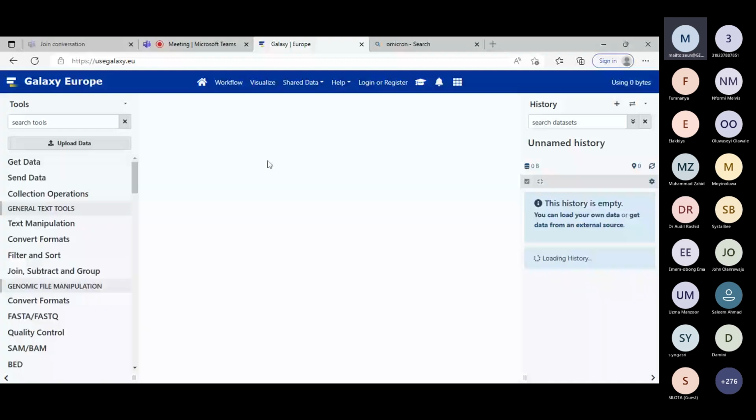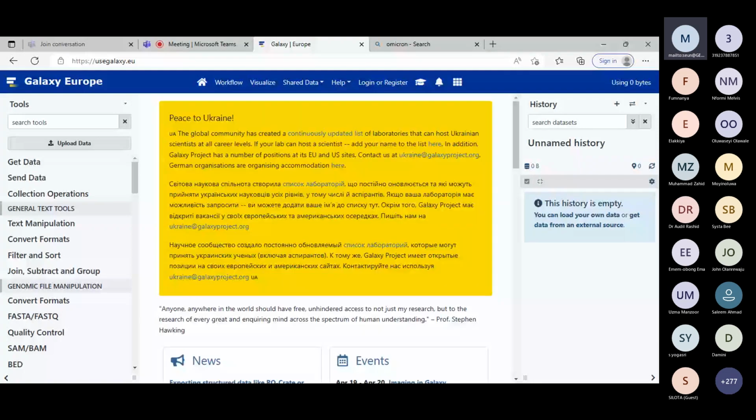Now on this particular pipeline tool, you can do a lot of different kinds of analysis. So you can do transcriptomics, you can do metagenomics, you can do metabolomics, you can do protein structure prediction, you can